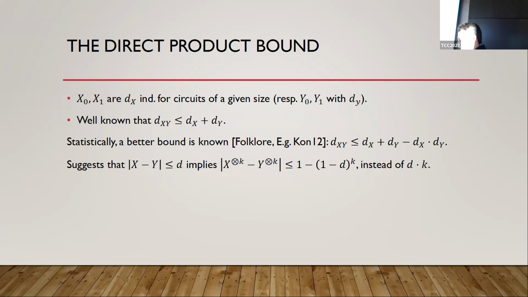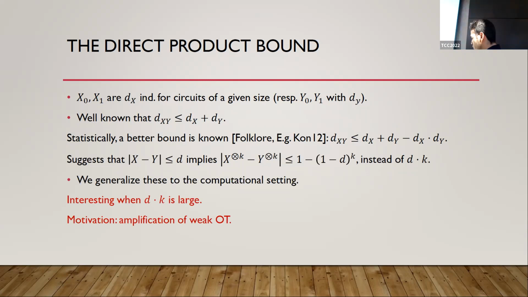Okay, so this is the tight bound for two product. If you try to use it again and again in order to get the bound for a K product, what you get is that if the distance between X and Y is D, then the distance between the K products is 1 minus (1 minus D) to the K, which is tight, instead of D times K, which can be even larger than 1. Okay? So what we are going to show is a new direct and simple proof of this tight bound with very good parameters. That is a very good trade-off between the slackness and the running time in the case of non-uniform setting. We also generalize in the uniform setting, but with worse parameters.